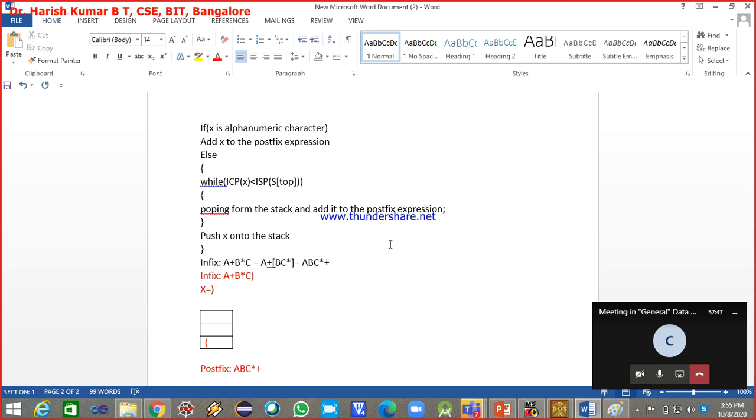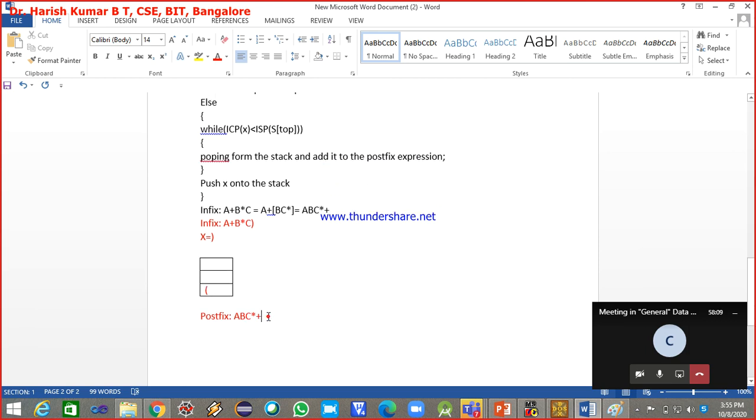If the input character precedence is lesser than the precedence of the element on the top of the stack, then you pop the element from the stack and add it to the postfix expression. You keep doing this until this condition is false. Once the condition is false, you push X onto the stack. Same thing we did, and we have the given infix expression converted into postfix form.